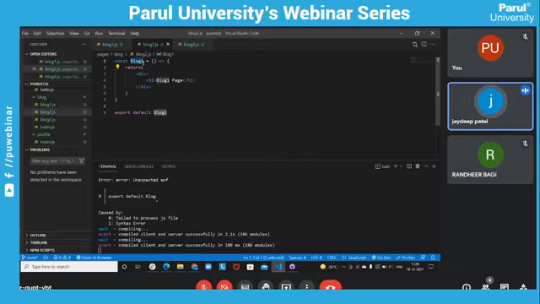We write here XYZ. Default name. Now open our index file, the basic file. Go to the pages. Yeah, this is our index file and this is our about file. So for the index file, firstly import it in Next.